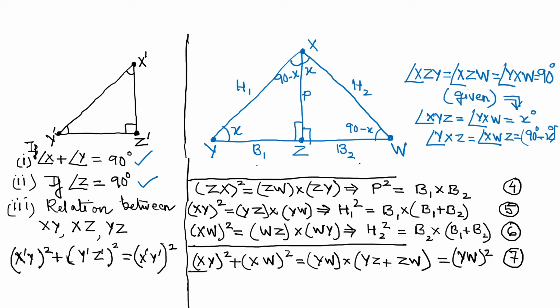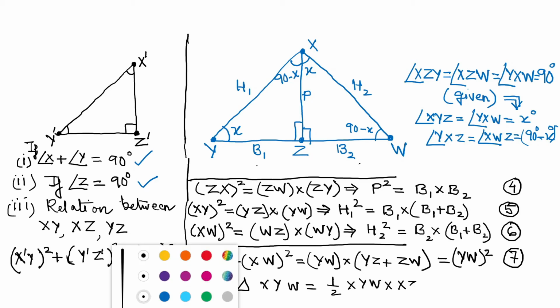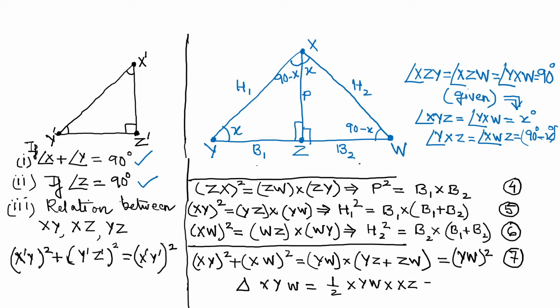Now once you have got this as a final byproduct, maybe what you can do is we know that the area of this triangle XYW is nothing but half into base into height,